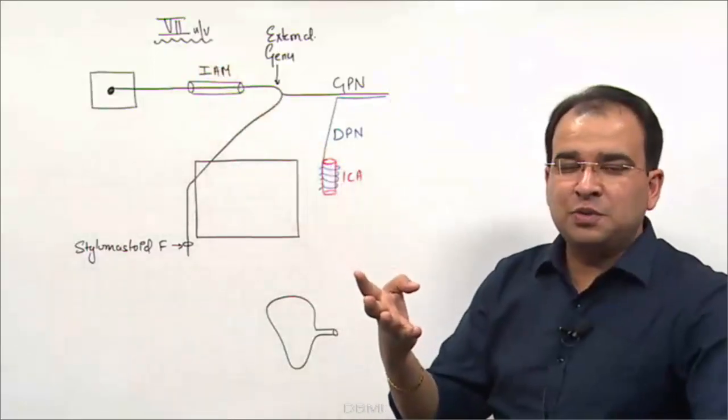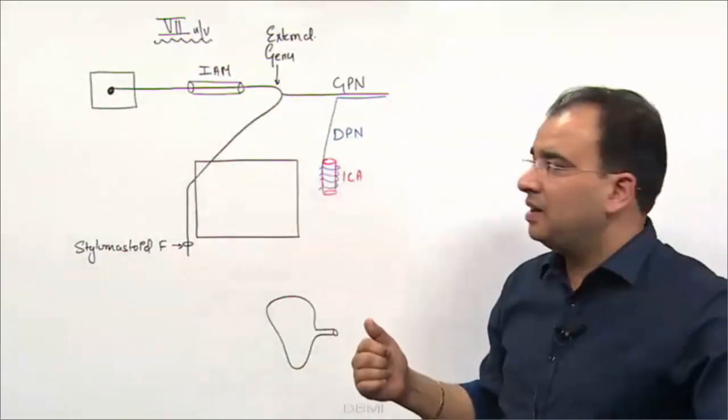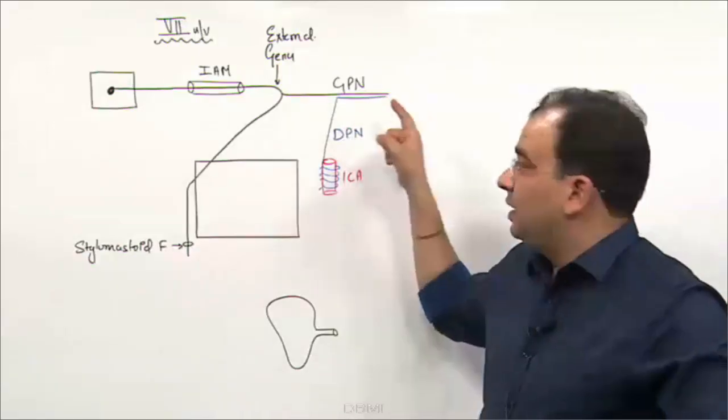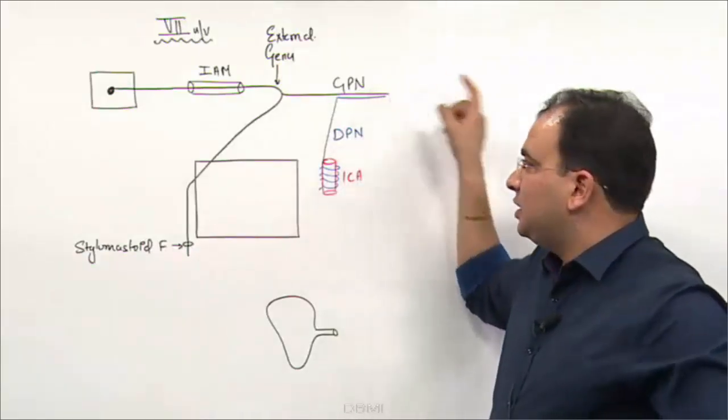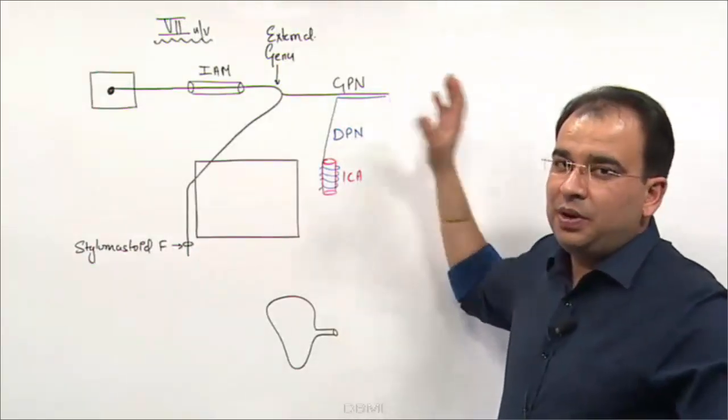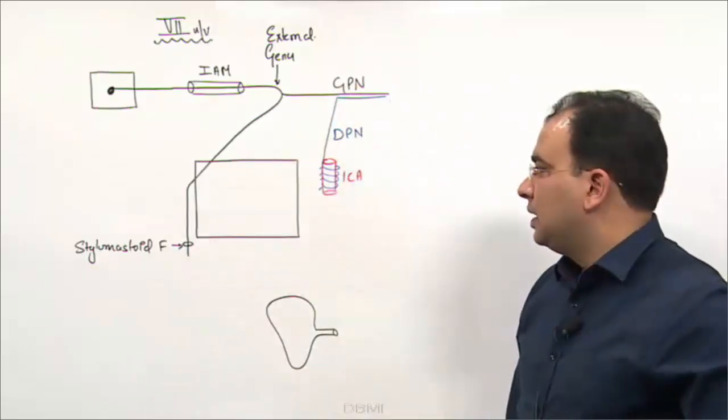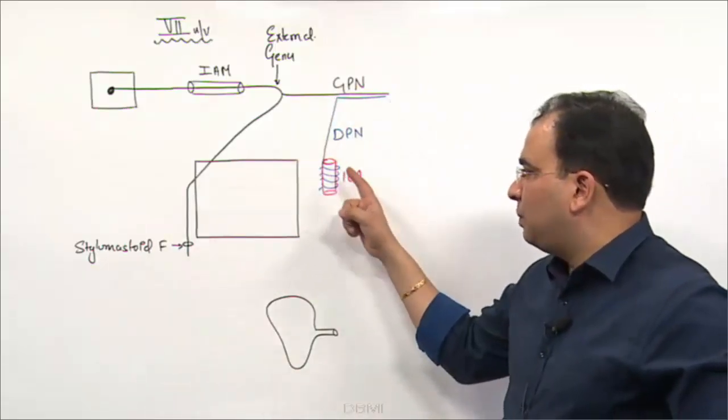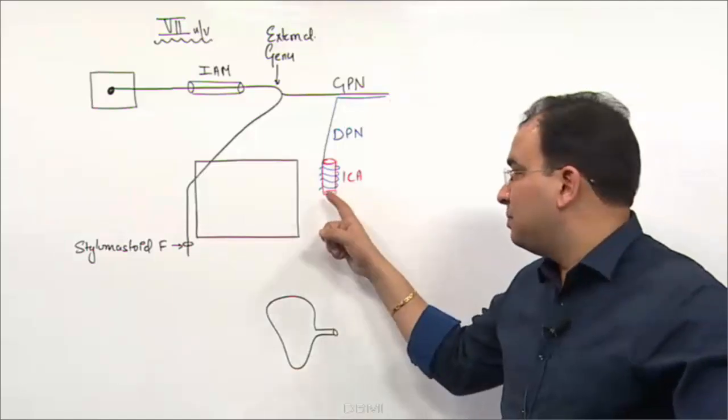We know we have 4 nerves which are parasympathetic: 3, 7, 9 and 10. It is coming out of the 7th nerve. It is a parasympathetic nerve and it is yet to relay into the ganglion, so it is a preganglionic parasympathetic nerve. Whereas the nerve which is coming out of the plexus around the internal carotid artery, from the sympathetic plexus, that